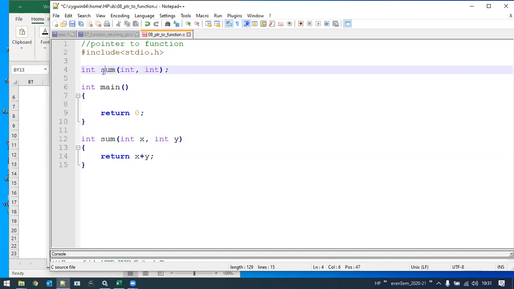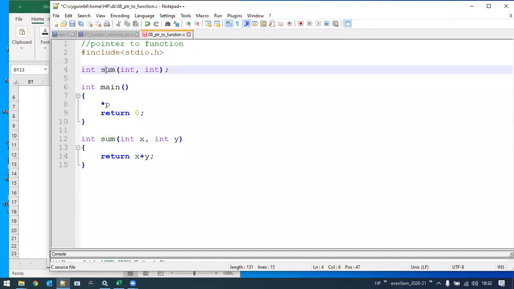Now what are the characteristics of this particular function? It takes 2 arguments of what data type? Integer data type. What does it return? Integer value. That means I require a pointer, say asterisk p, which should point to this sum.